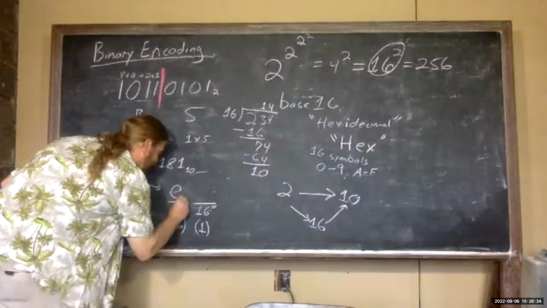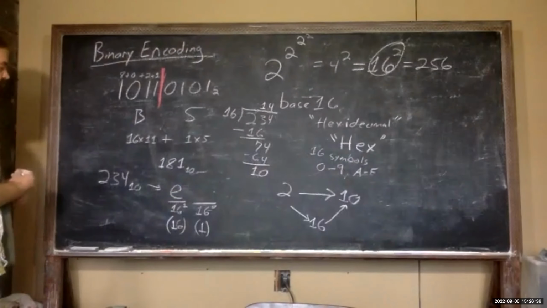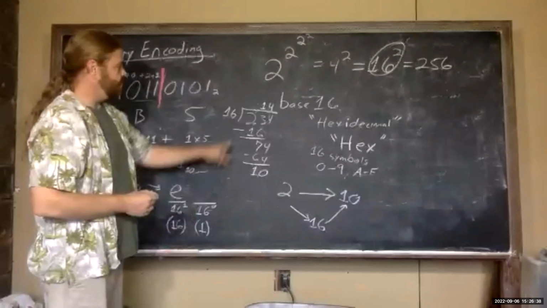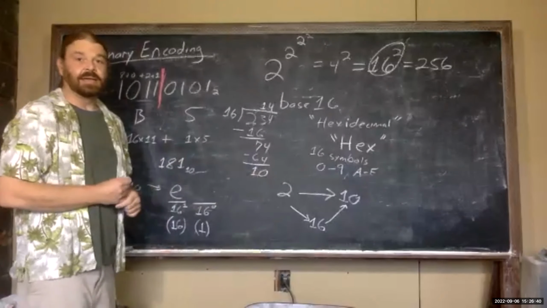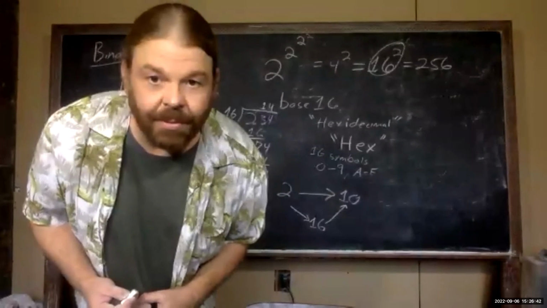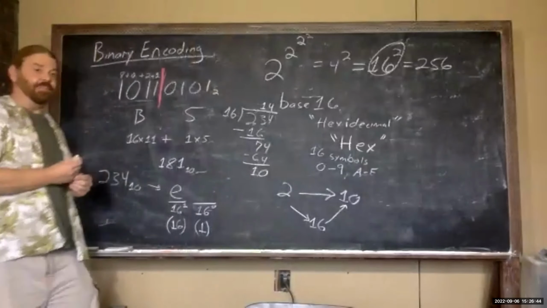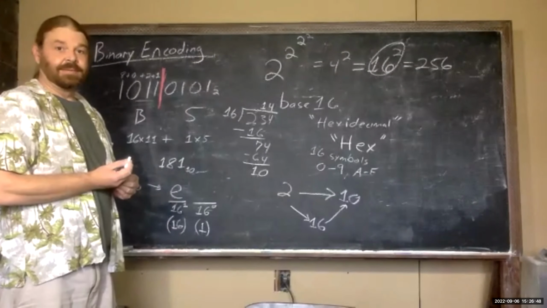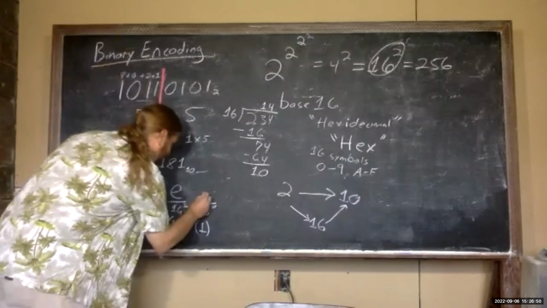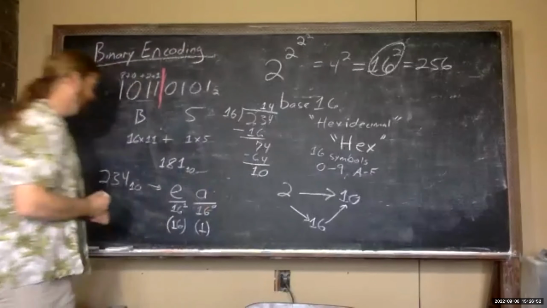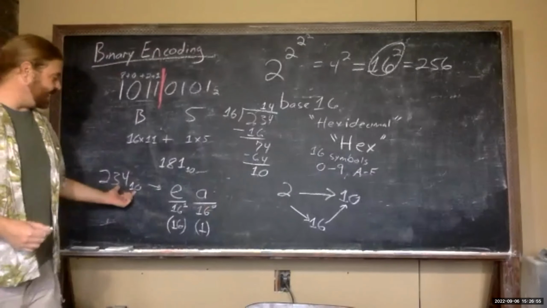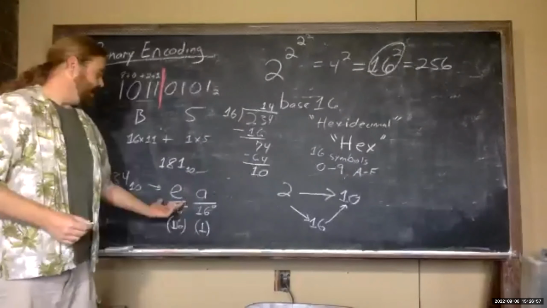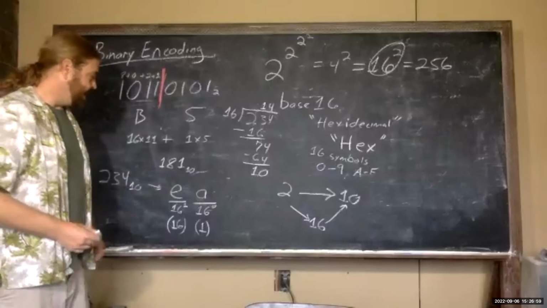An E. And then our 1s column will have a 10. What do we use to represent a 10 in hexadecimal? Yep. EA. 234 in base 10 is EA in hexadecimal,